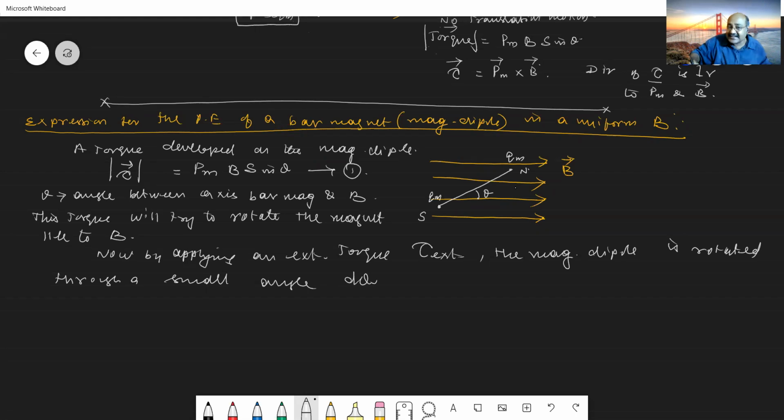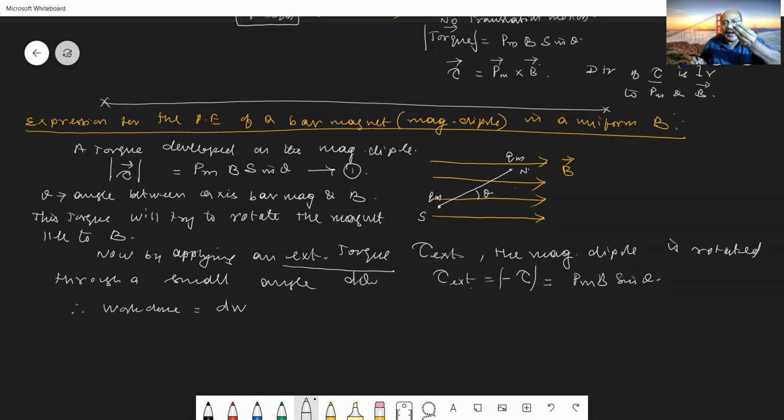So I am considering that the external torque that I am applying is equal to the torque that was being developed inside, but in the opposite direction. The magnitude of the applied torque will then be equal to P M into B into sine theta. Now, by applying an external torque, the magnetic dipole is rotated through a small angle d theta. Therefore, the work done, which I write as dW because I am rotating it through a small angle d theta, is equal to